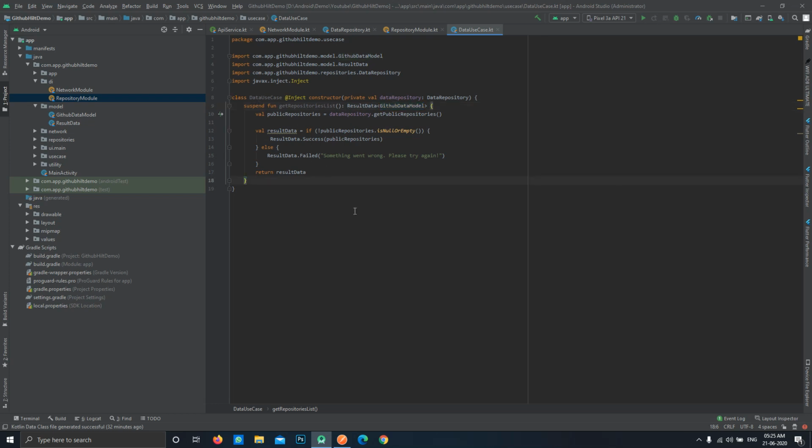Now in the next video we will see how we can use this data use case class in the view model, and how we can call the function get repository list